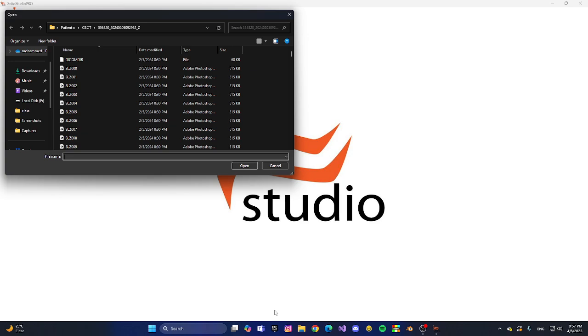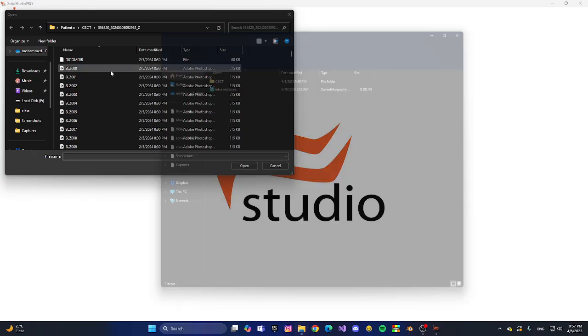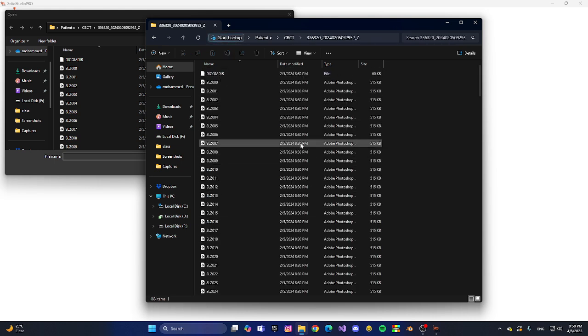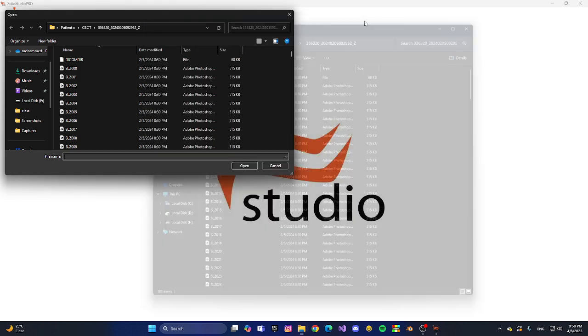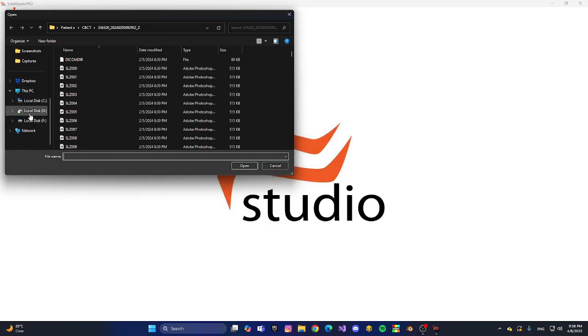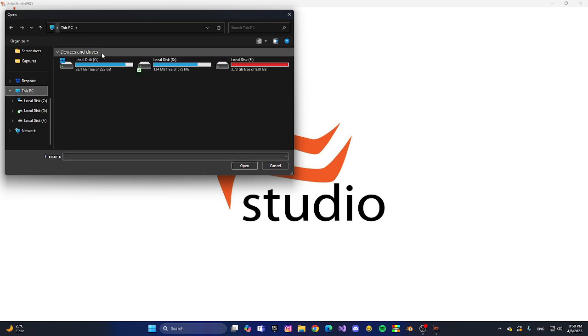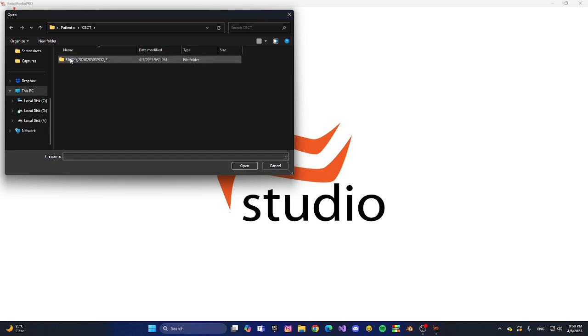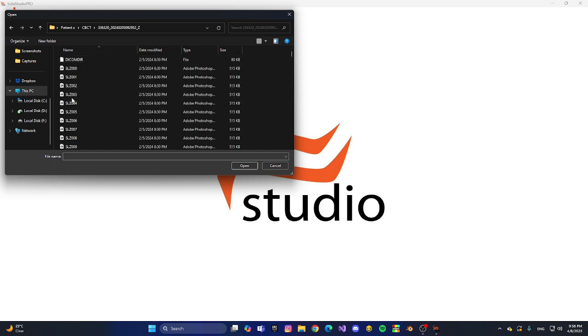Now I will show you on the desktop. I have a folder where the patient files are found, the CBCT images, and the intraoral scan at the same folder. The first folder contains the DICOM images. These are the DICOM images. So when we want to open the file, we go to the desktop. Let's say this desktop. It's in the desktop, the patient X. This is the patient, and we have the CBCT image,